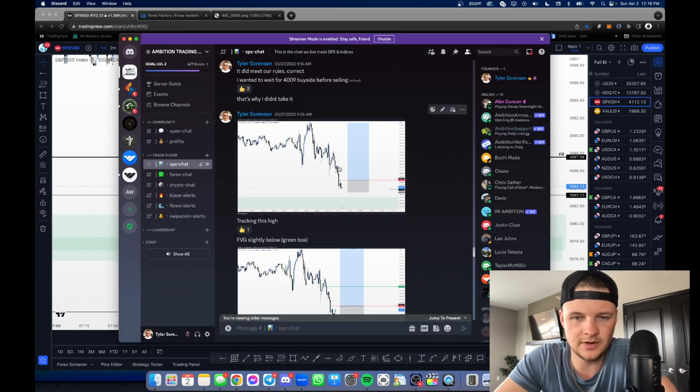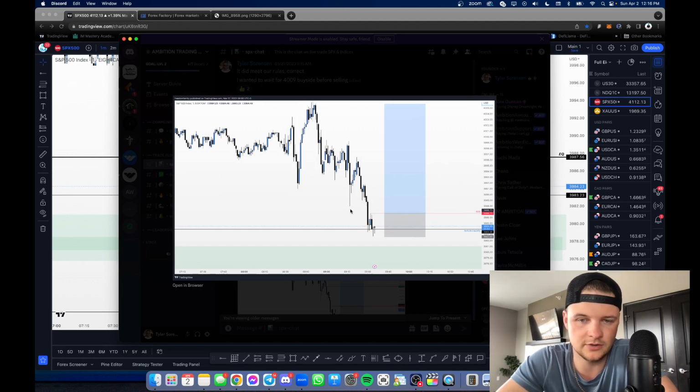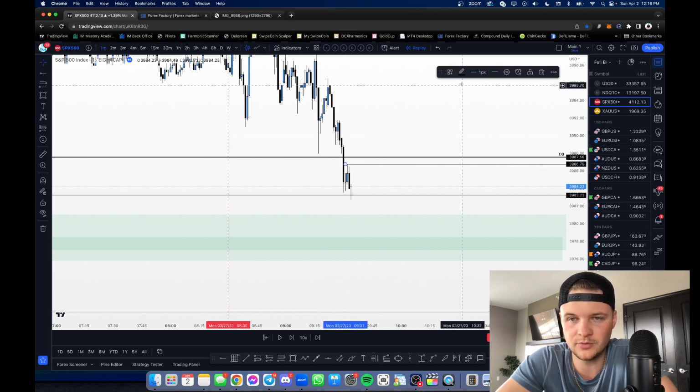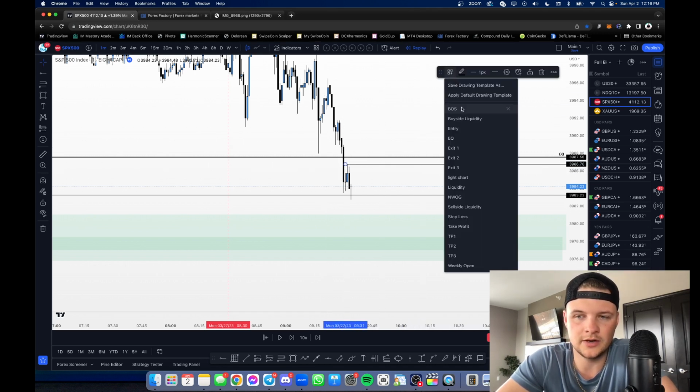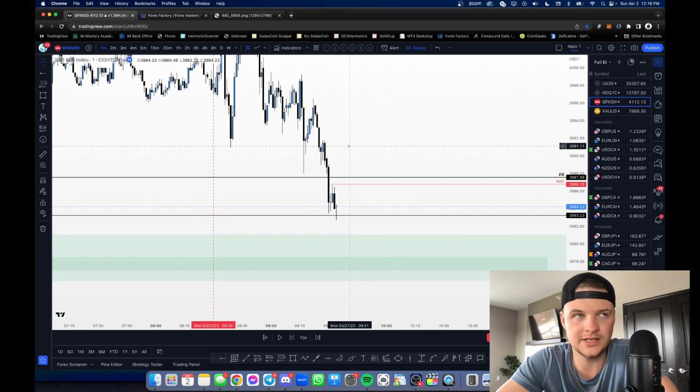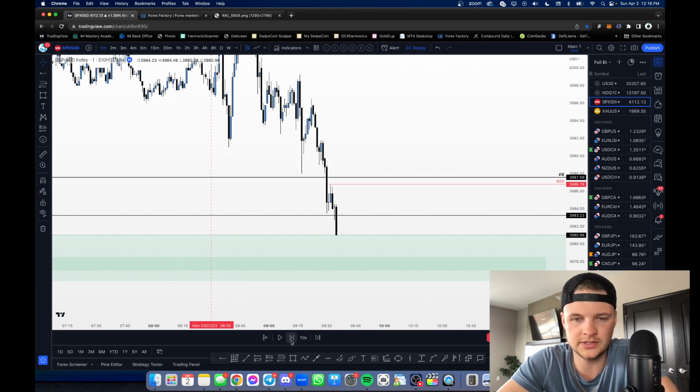So basically we came down, we swept that sell side liquidity. Now we can start looking for buys, tracking this high right here. So that's this high right here, right? We're below equilibrium at this point as well. So now we are in a discounted price range. So we can anticipate that big money will step in and want to participate in potential long opportunities, right? So we play this out.